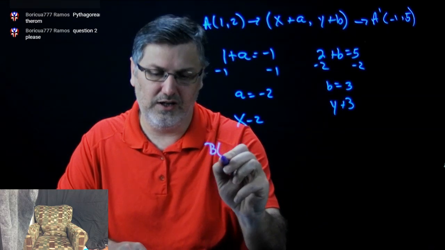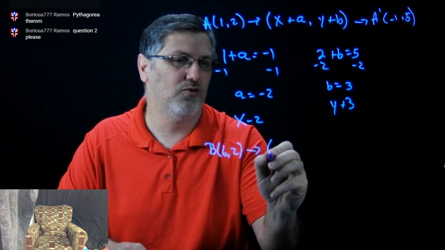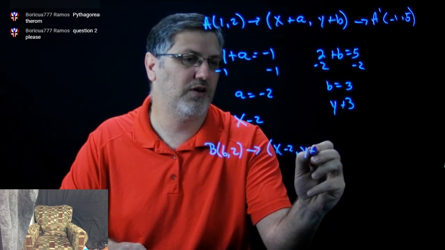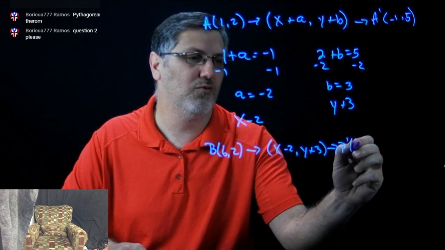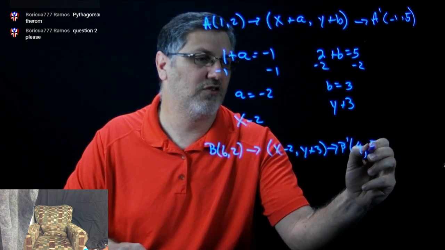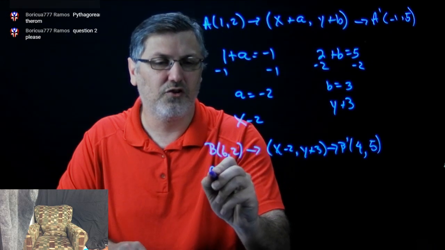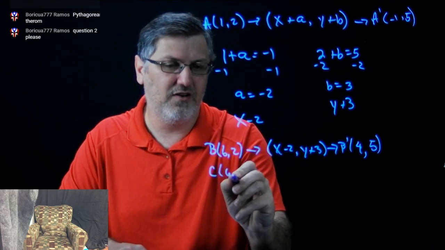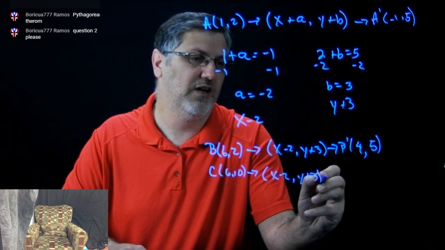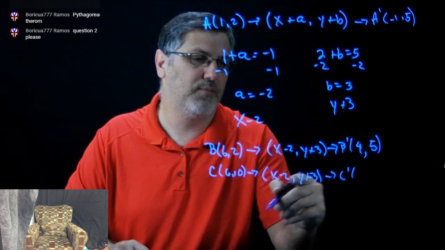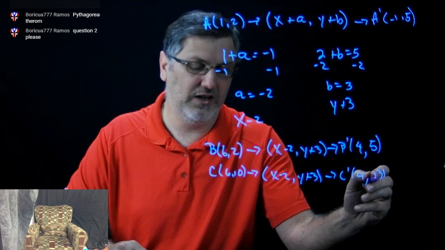So if I have B, which is (6, 2), and it maps to (x minus 2, y plus 3), my B prime, without me looking at the paper, should be 6 minus 2, which is 4, and 2 plus 3, which is 5. And if I look at B prime, I have (4, 5). So if we do that for C, C is (6, 10). It maps to (x minus 2, y plus 3). My C prime should be 6 minus 2 is 4, and 10 plus 3 is 13. So C prime